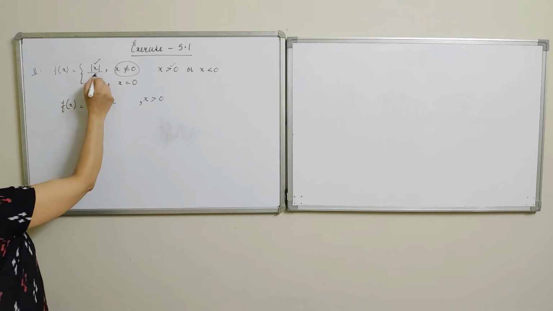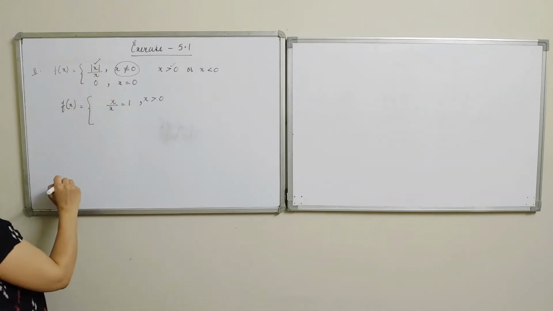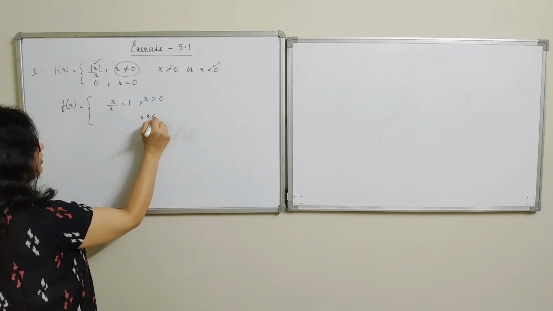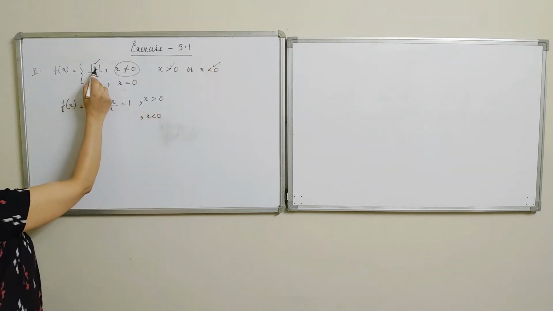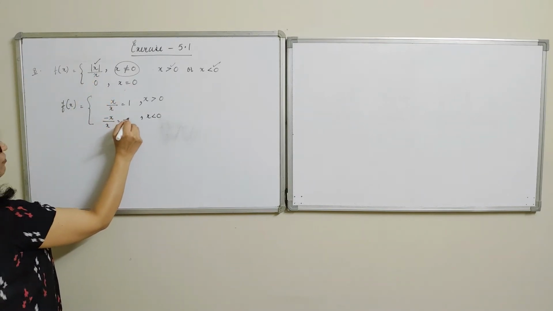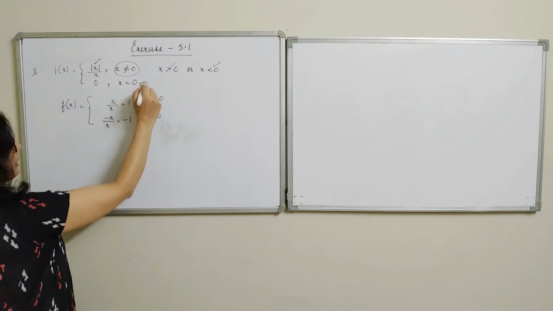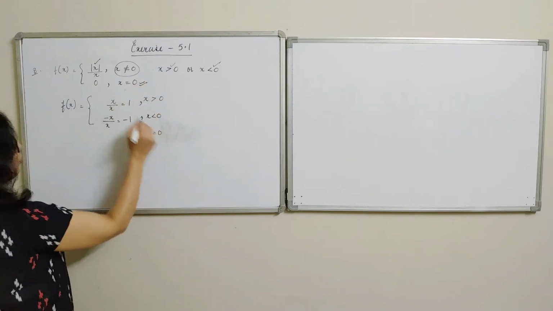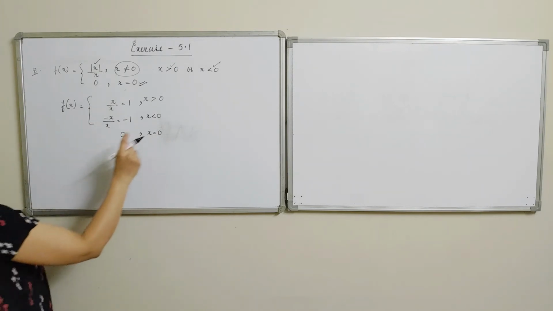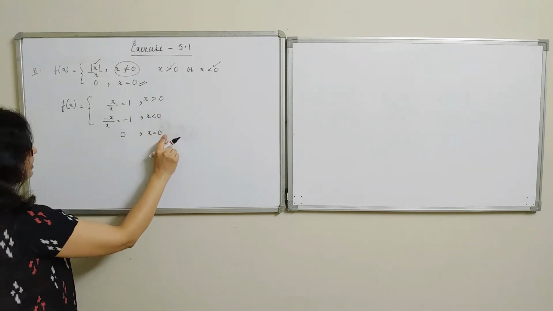The question is |x|/x. Here it turns out to be 1. If we take x less than 0, then in that case |x| will become -x upon x, and the function acquires a constant value -1. And whenever x is equal to 0, the function is equal to 0. So the domain of the function has been defined about the point 0.